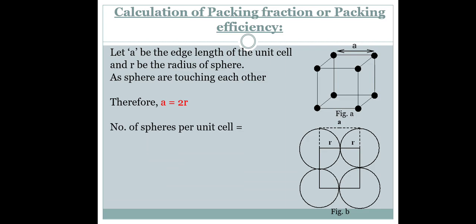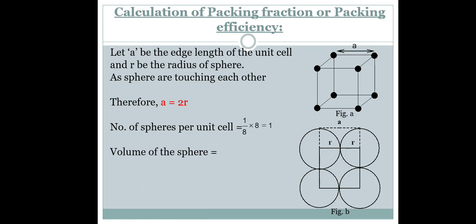Then the number of spheres per unit cell. Now what kind of unit cell are we talking about? We are talking about a simple cubic unit cell. So how many atoms does a simple cubic unit cell have? It has 8 corner atoms, and each corner atom contributes 1 by 8. If you have any confusion over this, please watch the previous video which I have uploaded on how to calculate the number of atoms in a simple cubic unit cell. Do watch that so that it becomes clear how we are multiplying 1 by 8 into 8 to get 1. Okay, so the number of spheres which we are saying over here is not spheres but atoms, which are considered as hard spheres.